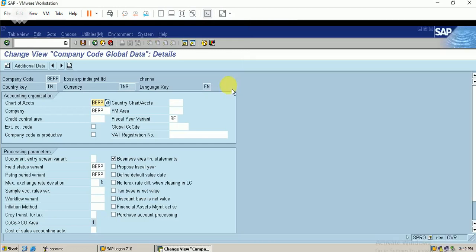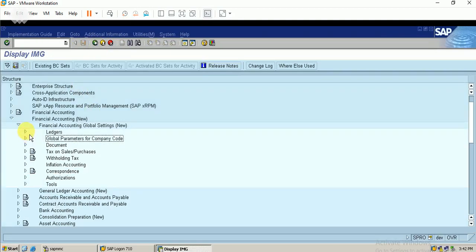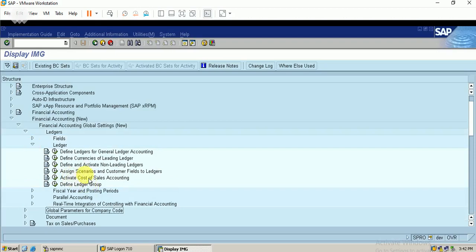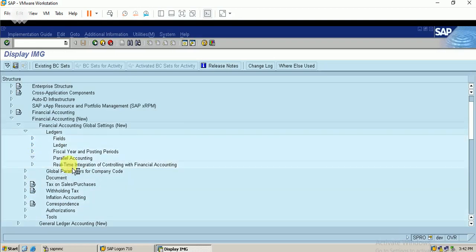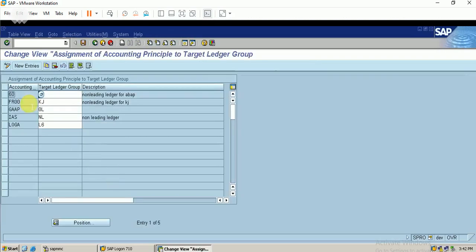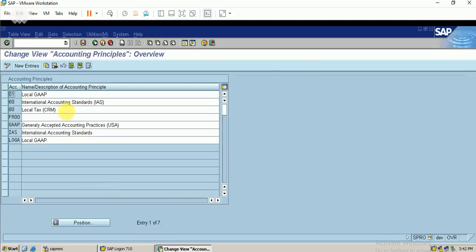I just move to the next process. These are the accounting principles available in SAP.